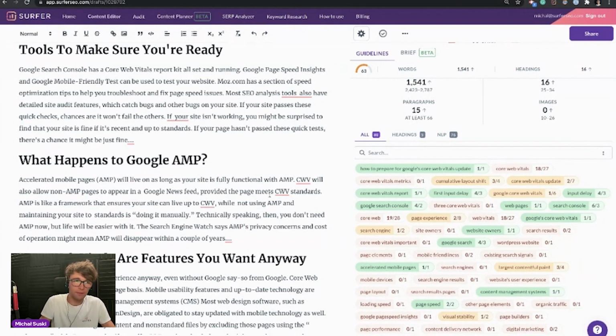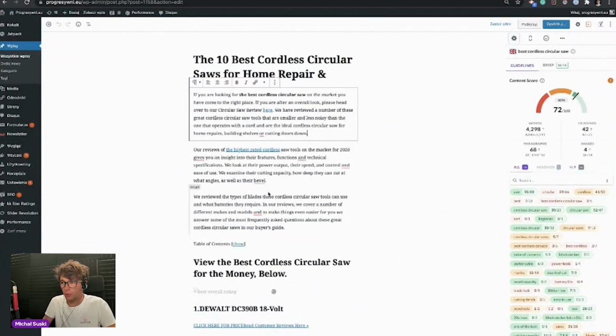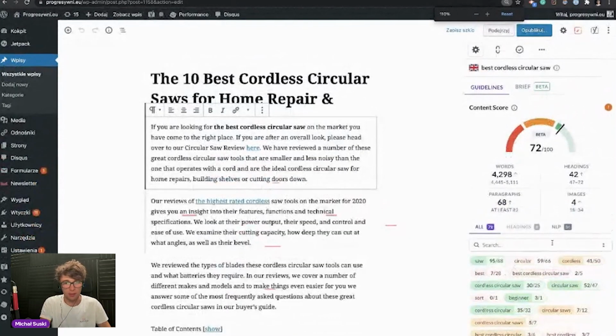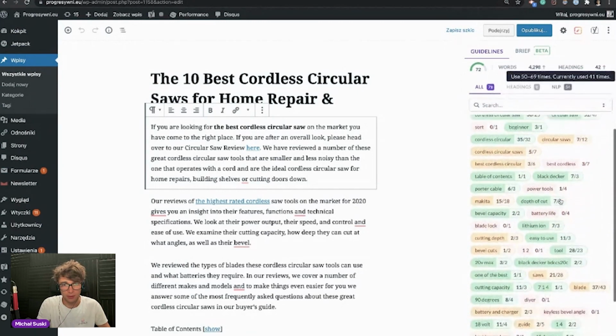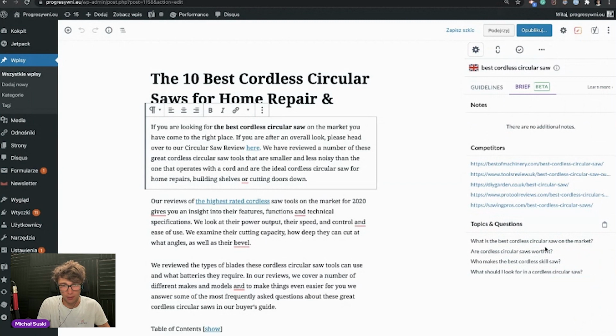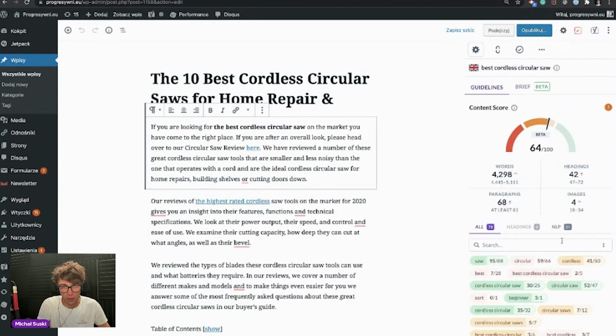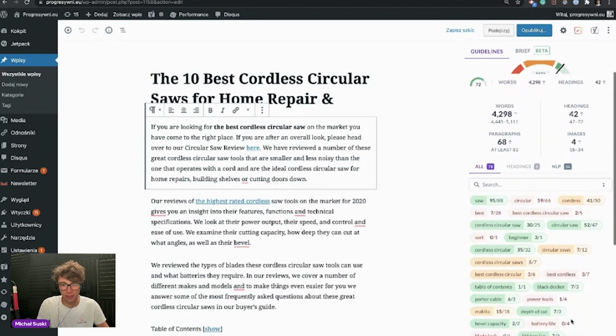And with the Surfer's Chrome extension for a content editor, we are able to allow you to optimize your existing articles inside your WordPress. And as you can see, I've got an article in the Gutenberg, and I've got the Surfer sidebar on the right hand side, and I see the words and phrases that should be included. I got the brief, I got those competitors, topics and questions, guidelines, the score, and literally everything I need to optimize my article. So if you are working with WordPress websites, that will be a huge advantage to get